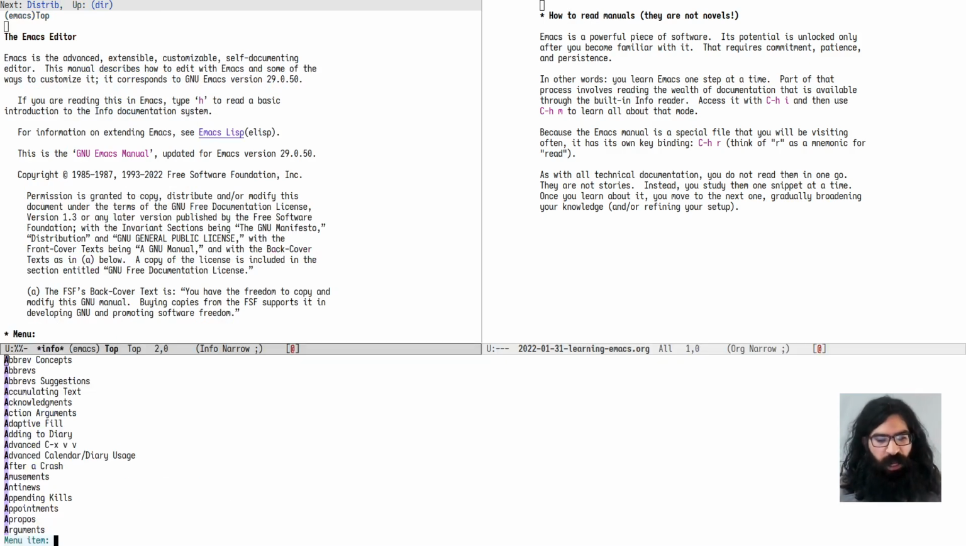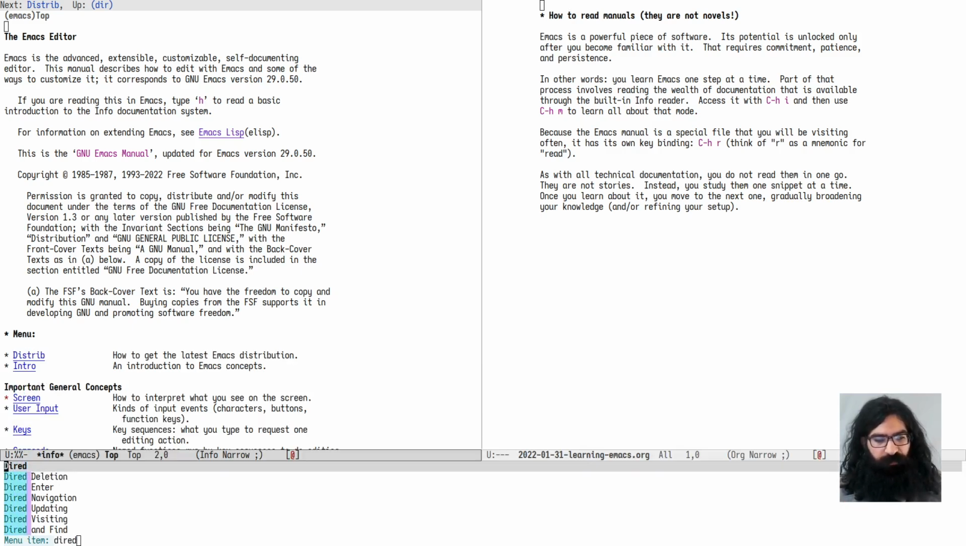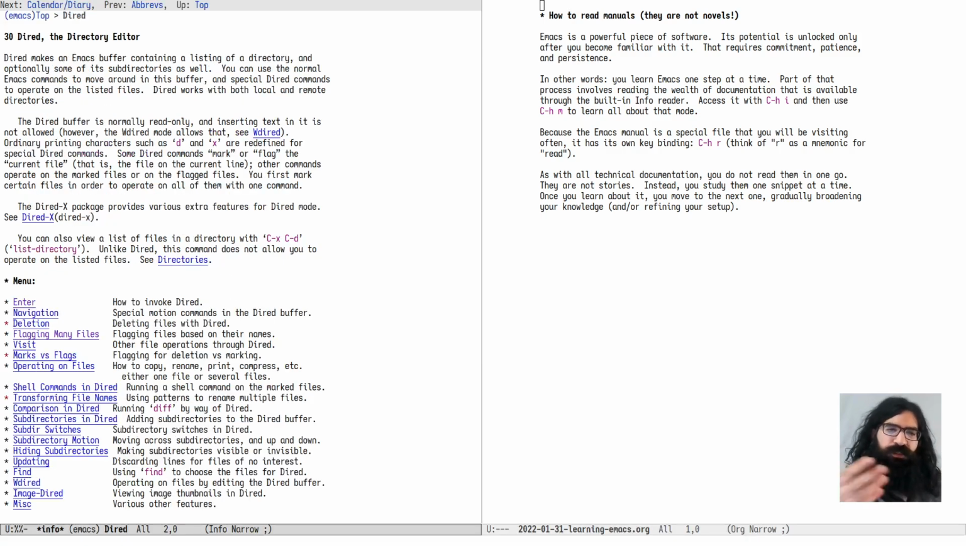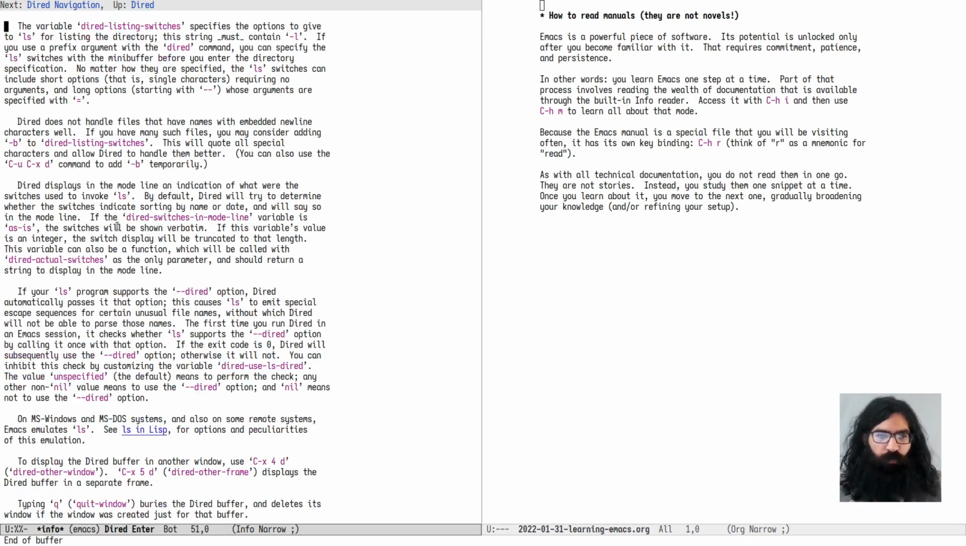And let's say now, let's go to, for example, Dired. Let's go over here, and this is telling you all about the directory editor of Emacs, the file manager of Emacs. And let's start with this. How do you enter Dired? And it is telling you over here. So study this one thing. And once you master this one thing, then you can move on to other things that it is telling you